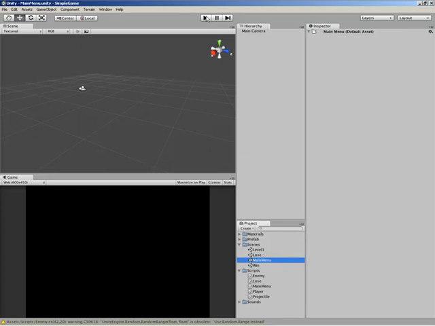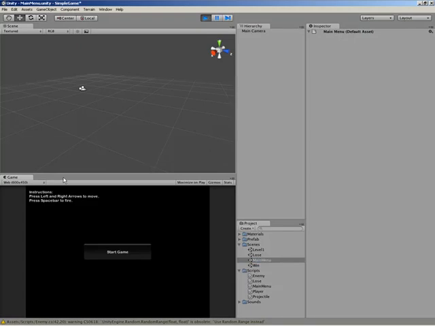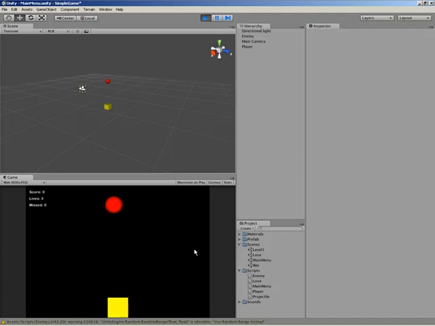So now here we are back in main menu. We'll hit play. Are we back in the same situation where it hasn't been attached to a game object? No, I did that a minute ago. Okay, all right. So let's hit play. And we're killing stuff, and waiting, and 1 life. I'm dead. Waiting a second and a half, and now here we come with 2 dead. And waiting, and